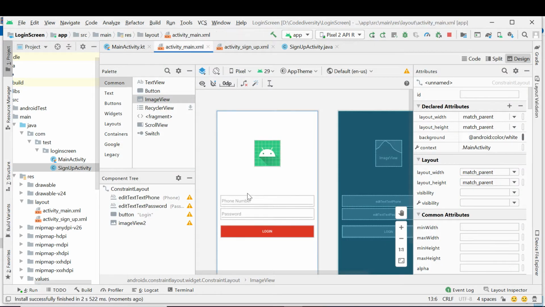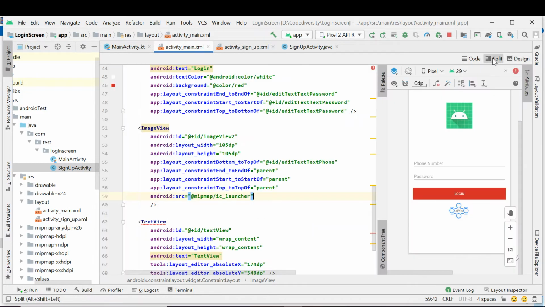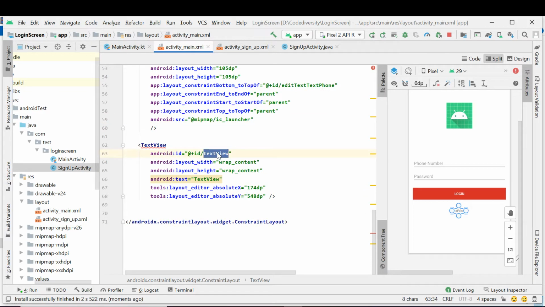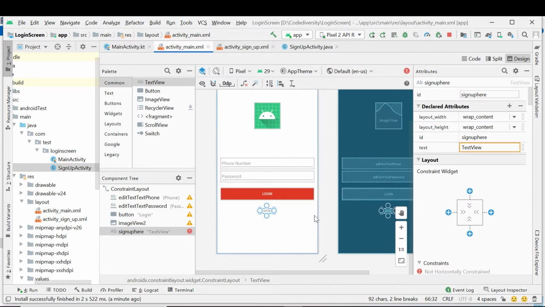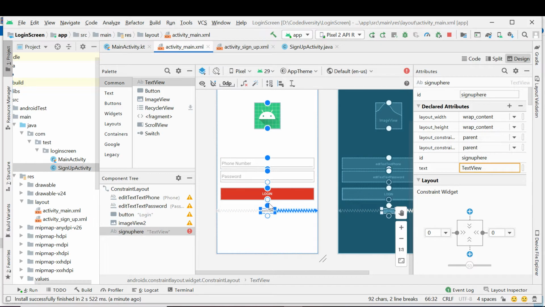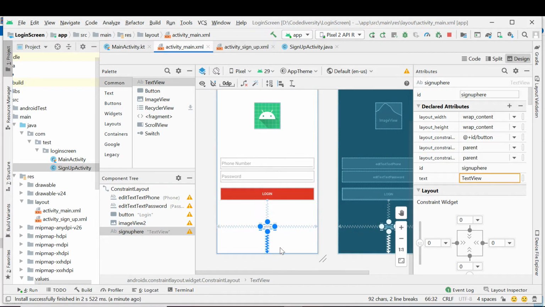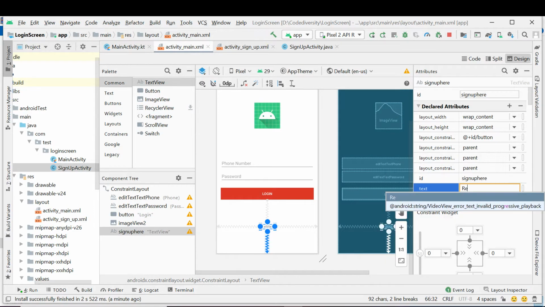So now I'm going to do some more changes in the login screen. I'm going to put a text over here for creating an intent for the sign up screen. Let's set its constraints. And change its text to something like register here,